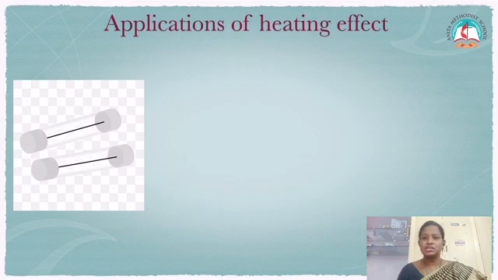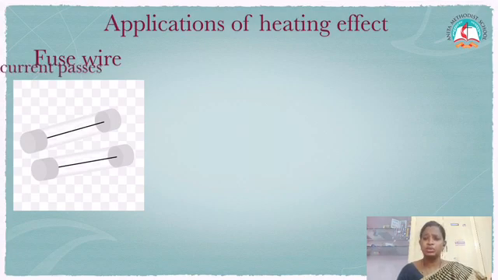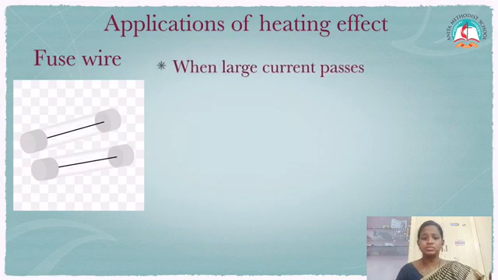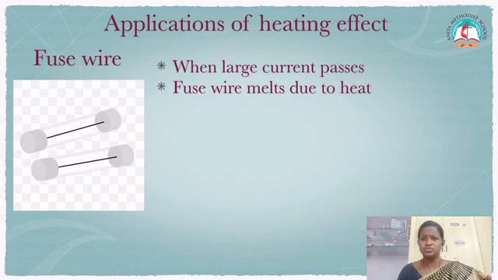The next application is fuse wire. Fuse wire is connected in almost all the circuits. The main application of fuse wire is to protect our home appliances from overloading and short circuiting. So when a large current passes through the circuit, only a certain amount of electric current is allowed to pass through